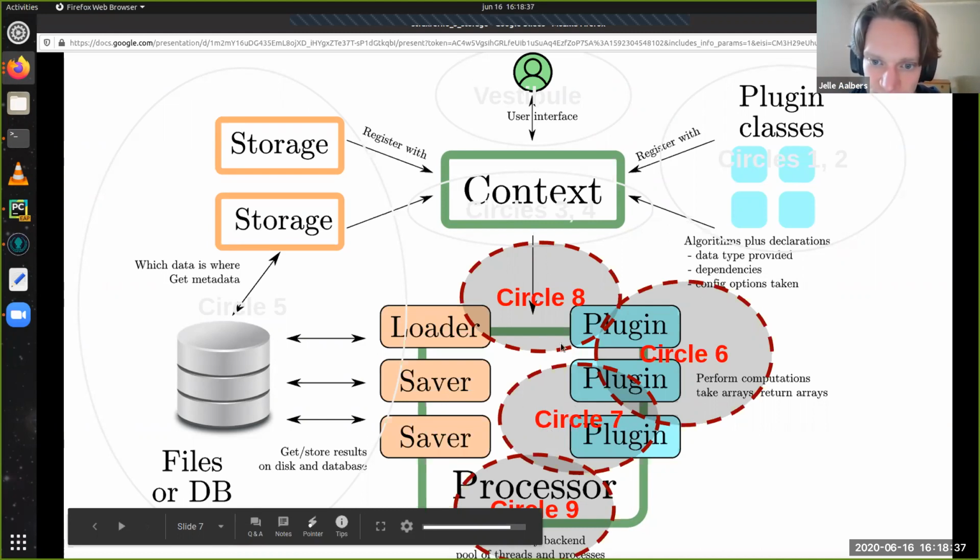We'll see how this thing is set up. So how does this matching of this big lineage object to the different plugins work? How does Strax know which things need to be reprocessed, which things not, and when to create a new plugin and give it the right options? And finally, in the final circle, we'll look into how the data flow actually works. There's something called a mailbox, which controls the data flow between the various threads and processes in Strax.